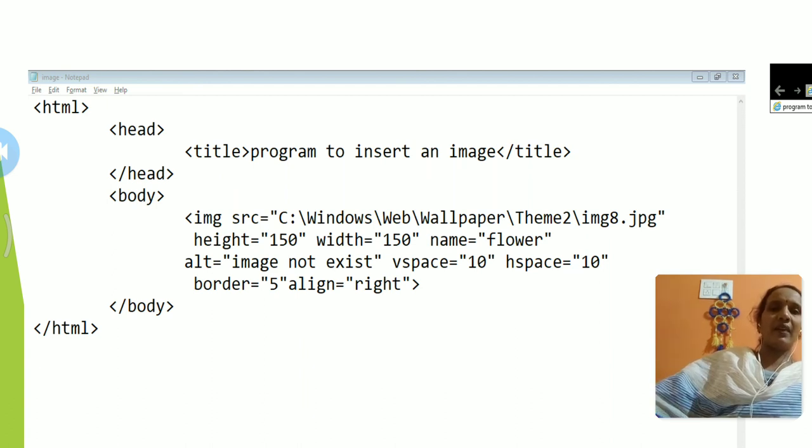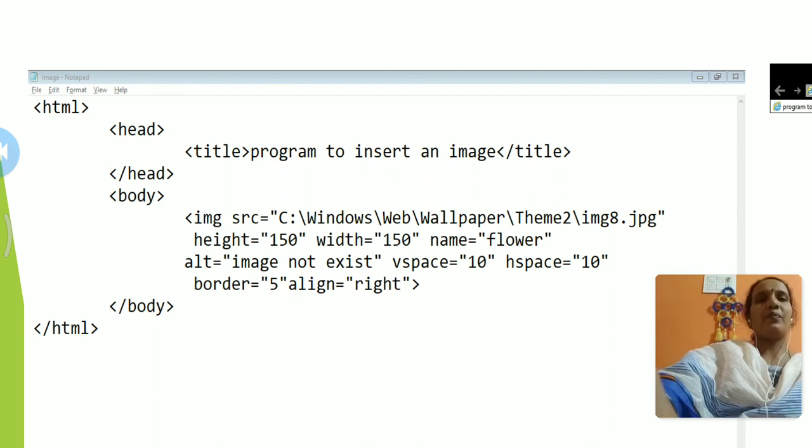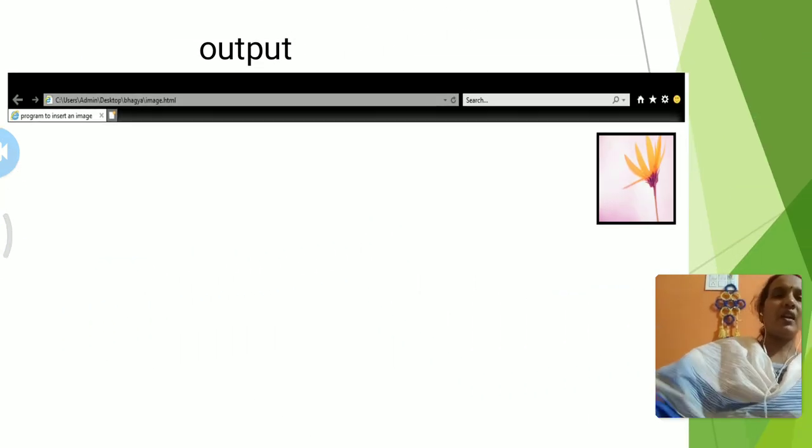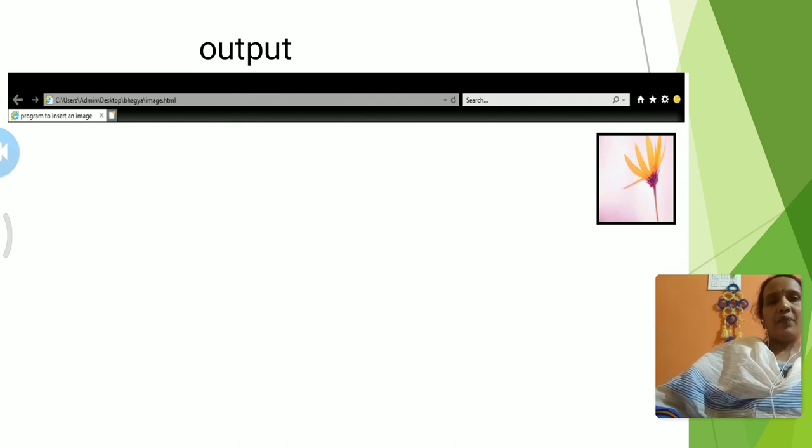How much thickness have I given? A 5 pixel thickness border around the image. And what is the alignment of the image? Right, means the image will be displayed at the right side of the web page. You can see the output. So this is your program output. You can observe the right alignment, and on the right side you can see the 10 pixels of reserved space I have given. Understood? And around it a 5 pixel border I have given.